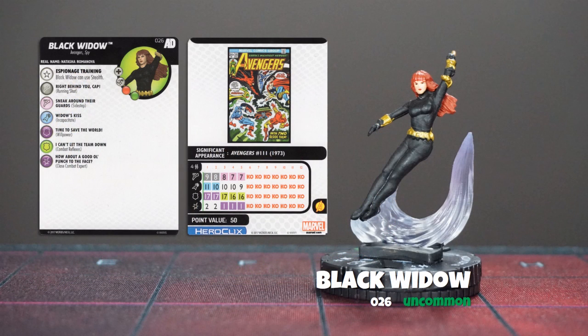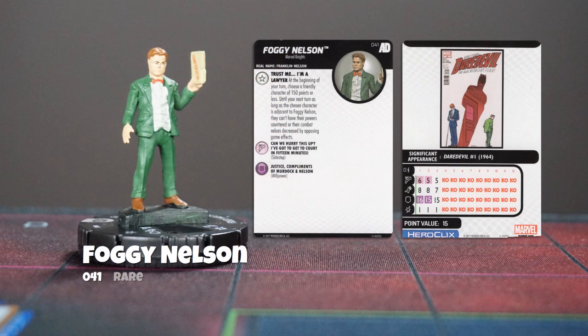Black Widow was my MVP in the Battle Royale. Her improved movement and traded stealth were very useful on the map we had, and her running shot was very handy because it turns out that move and attack powers are not that common in this set. Foggy Nelson is a good support figure that protects an adjacent friendly character from Outwit and Perplex, among other things,